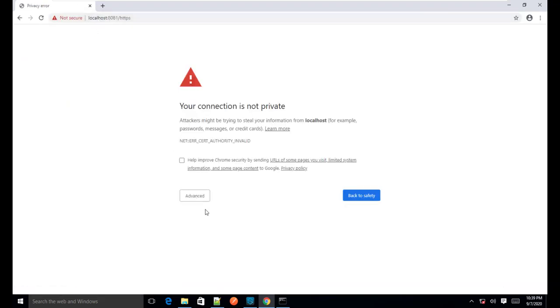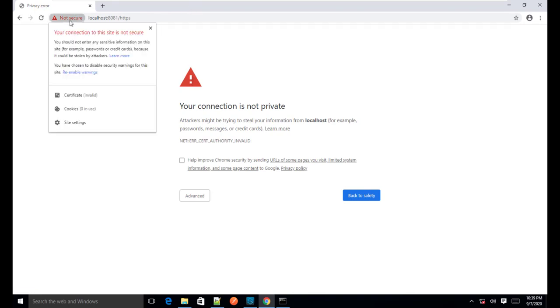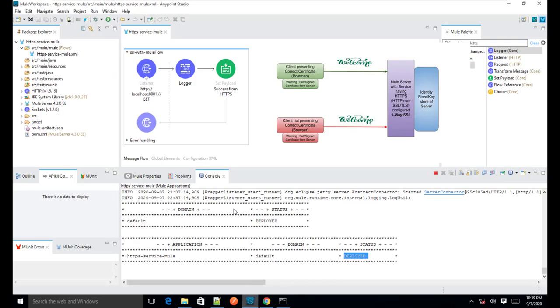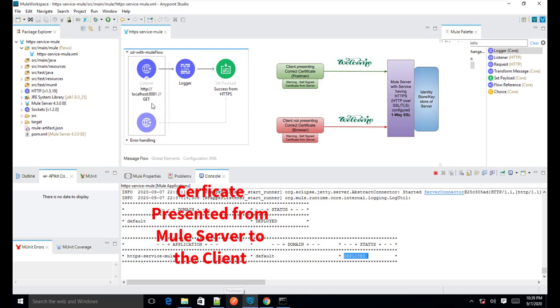And we will find that the client, in this case the browser, is not able to validate the digital certificate presented to it from the server, that means from this Mule runtime, from this Mule flow.